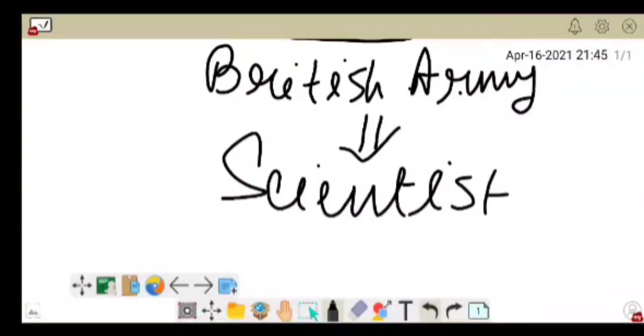And the British army asked the scientists to advise them on a solution in a scientific method. In a scientific method, they asked them to give a solution on how to manage the rest of the war and become the winner of this world. So at that time, the scientists had made some research during the war,